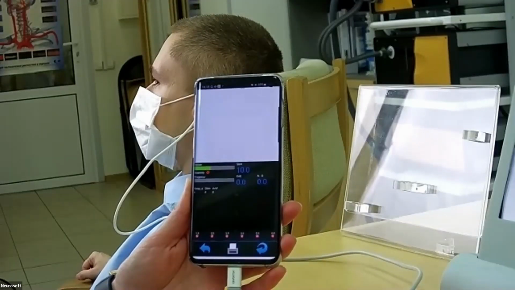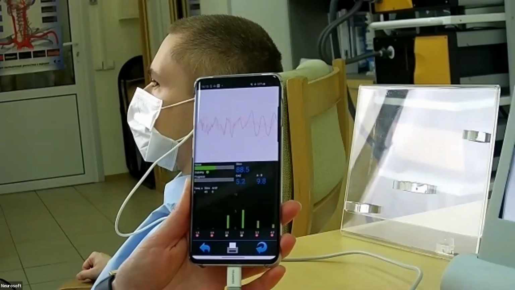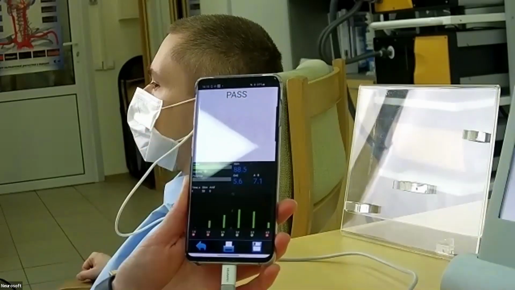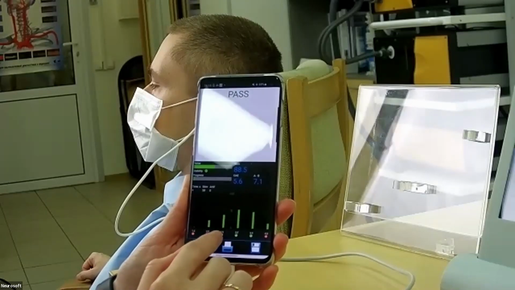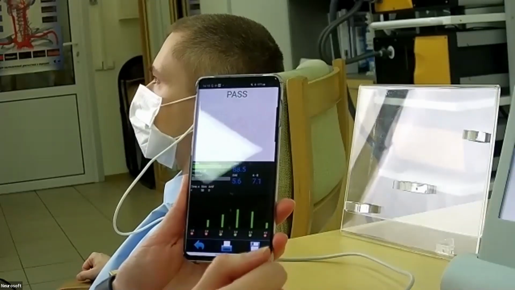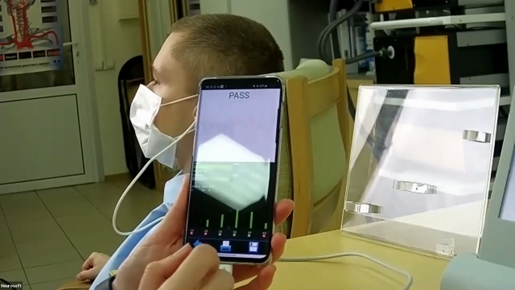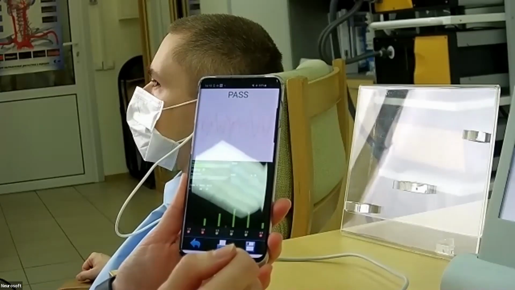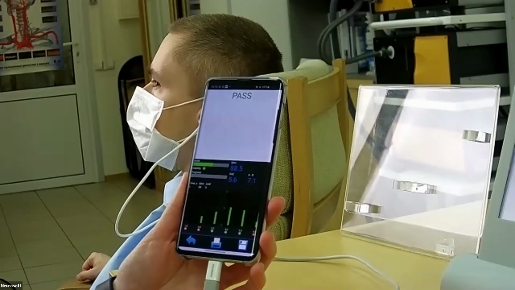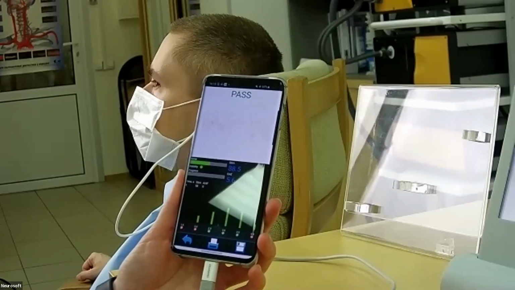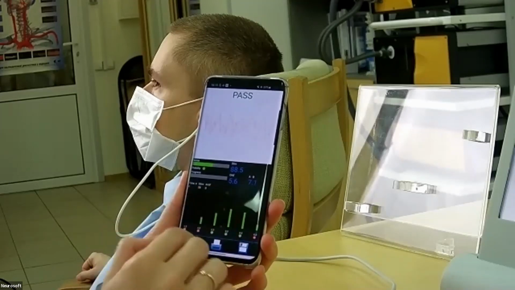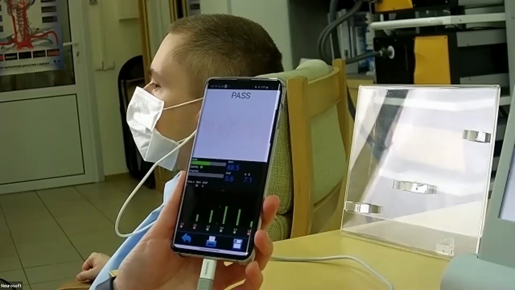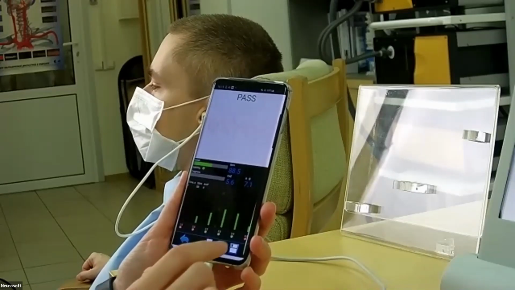Let's start with the transient evoked. And we see that it takes only a few seconds and we get the result pass. It means that we have a reliable response in different frequency bands. In this particular patient, we have a result at 2, 2.5, 3, and 3.5 kilohertz. And from all 6 frequency bands, it is 50%, and for the screening protocol, it's enough. So we can save,